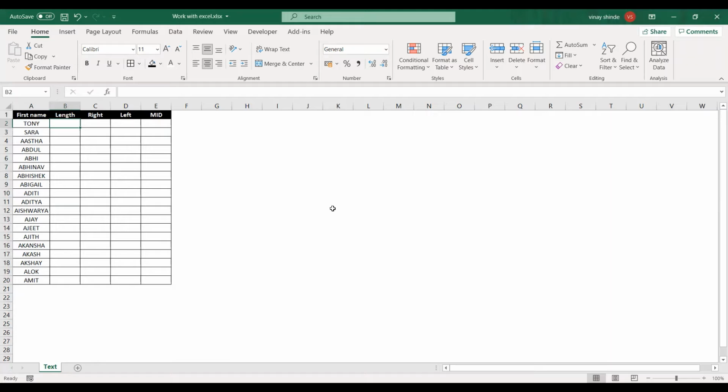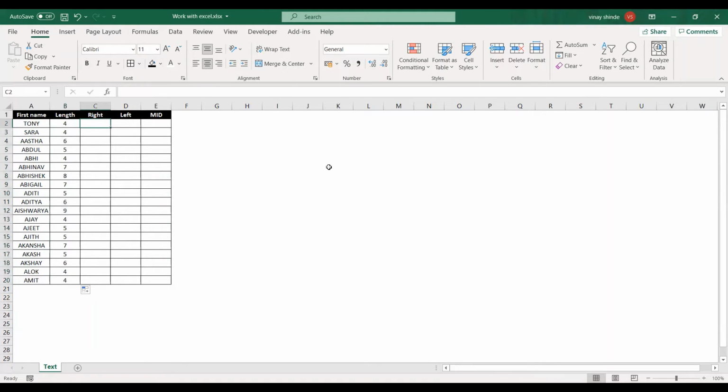Whenever you want the length of any text, or how many characters are there in that text, you can simply write the formula =LEN, press the tab, select the text and enter. This will give you the number of characters in that cell. Here, for example, I have my cell selected as A2. A2 is the first name of the student, Tony. So there are 4 characters, and Excel has written the value as 4. Similarly, you can drag it down to get the result for the rest of the rows.